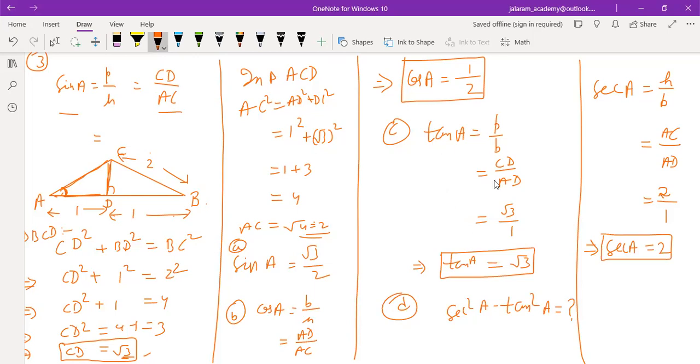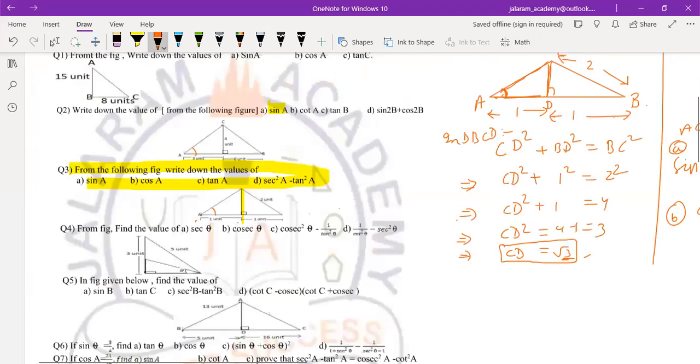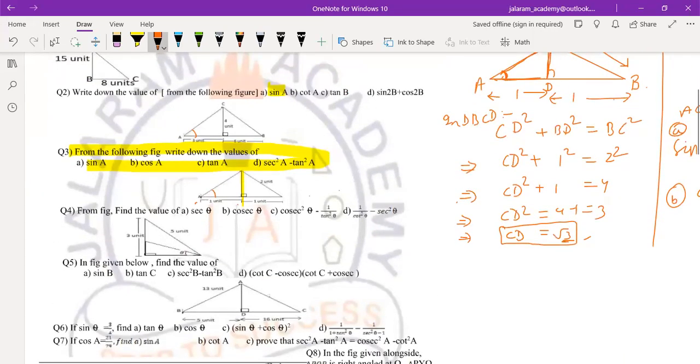Then we already know the value of tan A. So write this term, which we have to find, always. Students are doing it directly, which is wrong. Now sec A is 2, so sec square is 2 square. Minus tan is root 3, so tan square is root 3 whole square. So it is 4 minus 3, which is equal to 1. Hence the answer is 1. We are not to prove, we are only to find. In this way, we can solve this question also.